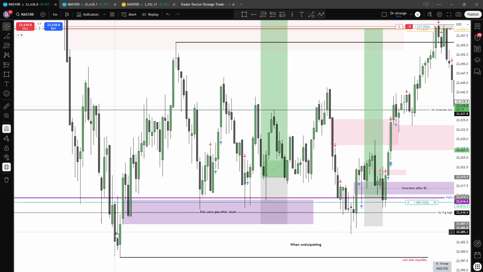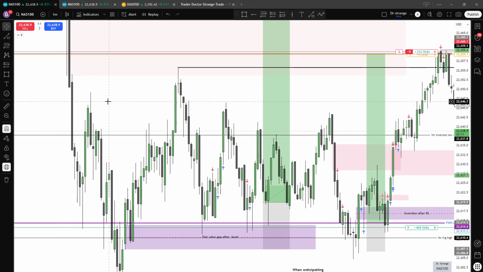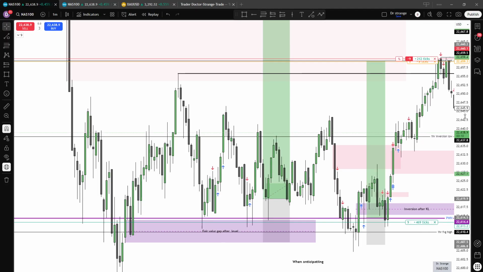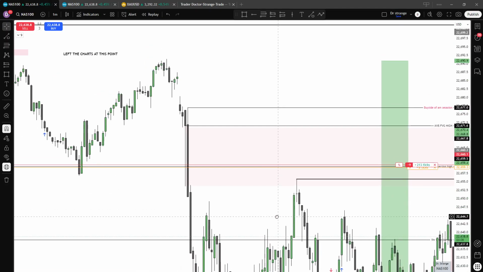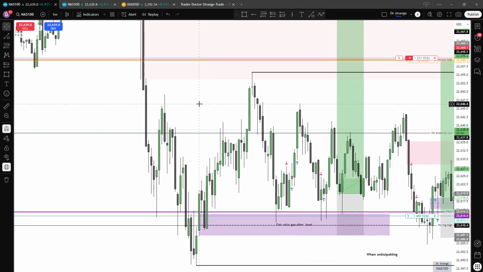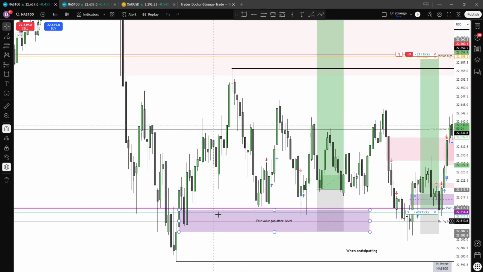This gives us anticipation that we are likely going to take out the short-term high, because retail traders are always chasing price. They believe it's going to keep dropping, because it has been dropping from market open. So that is why we had this chop here. As retailers kept selling, smart money was accumulating long positions.